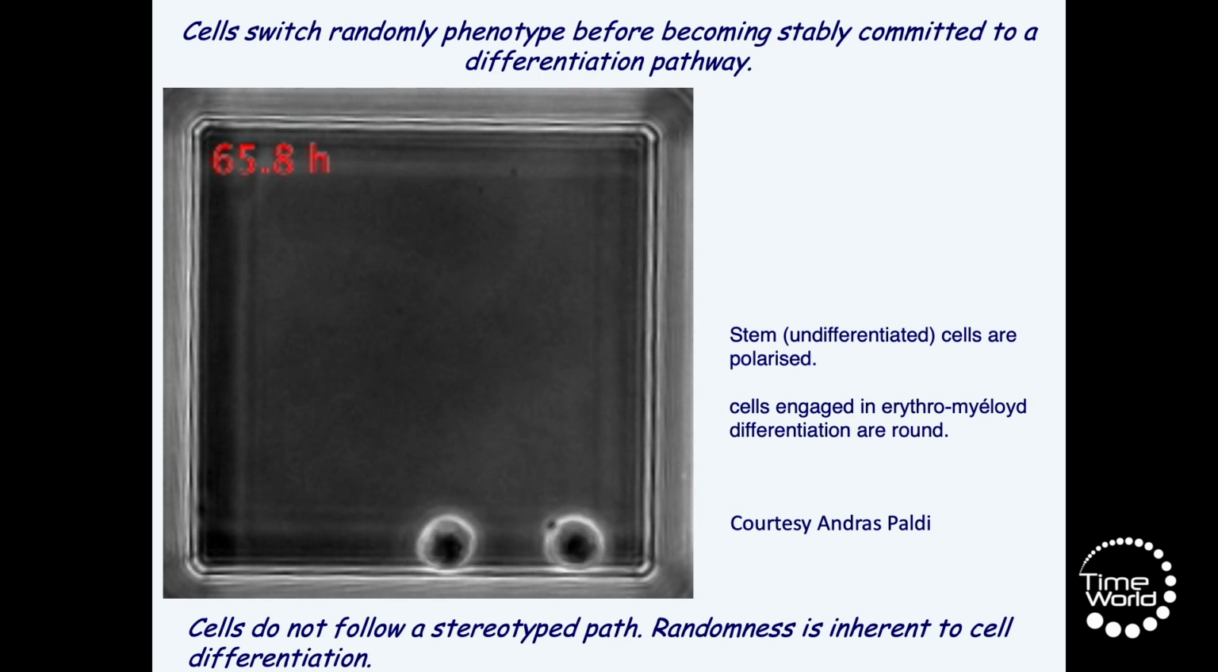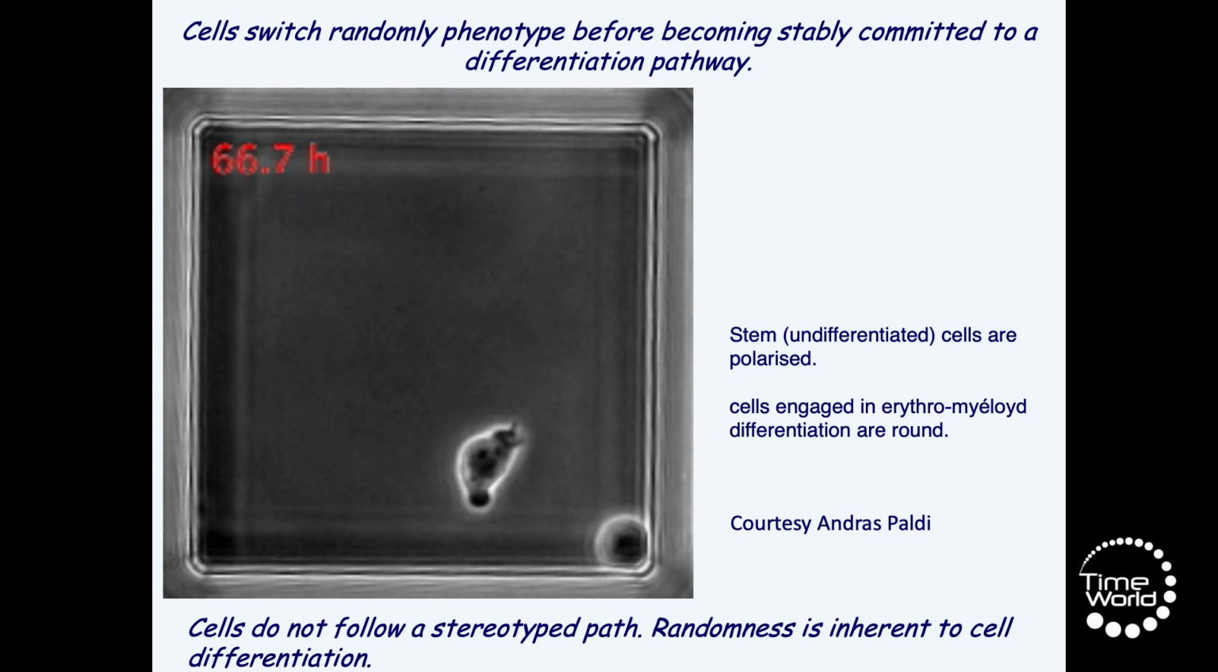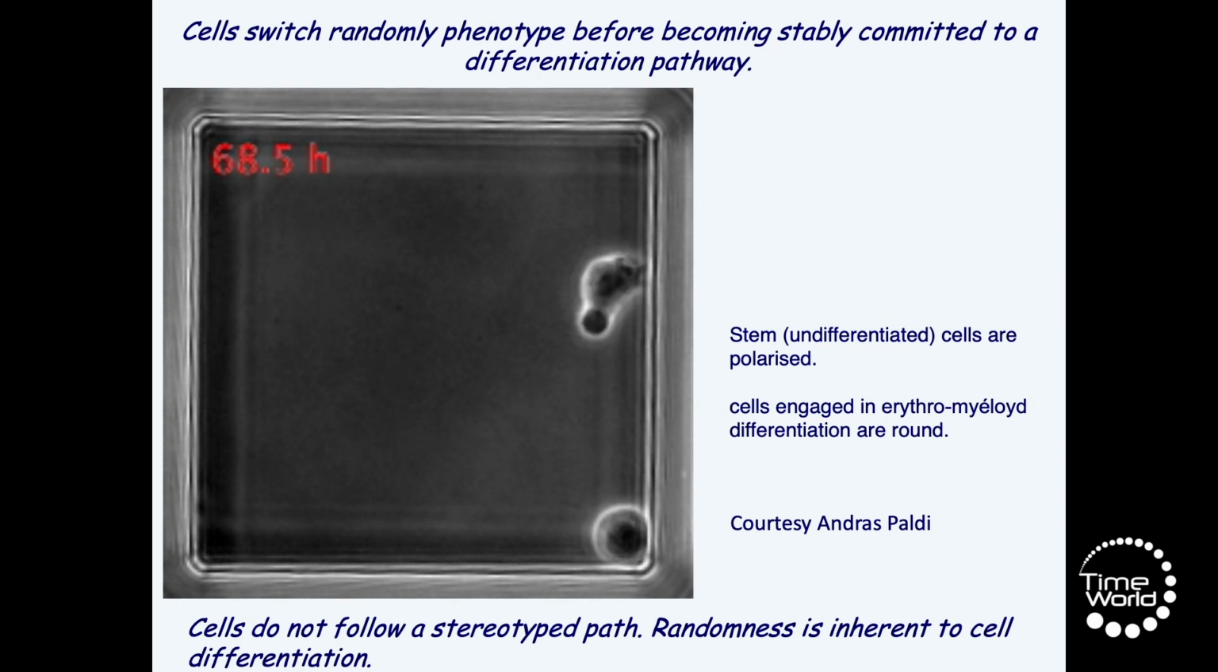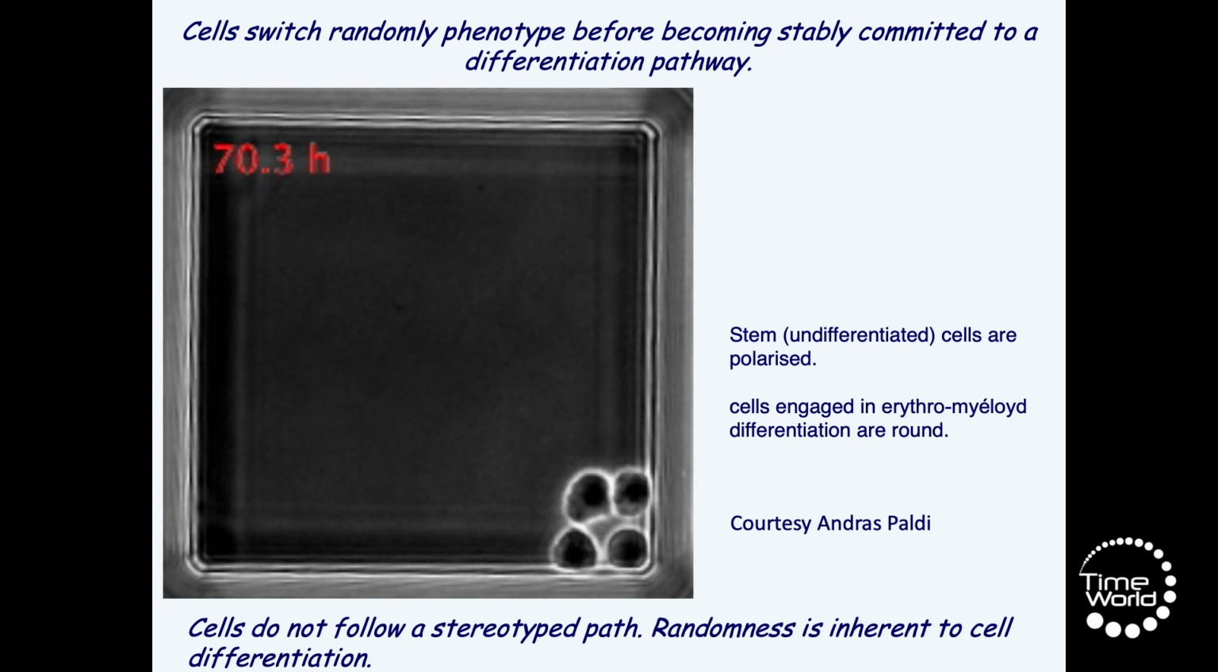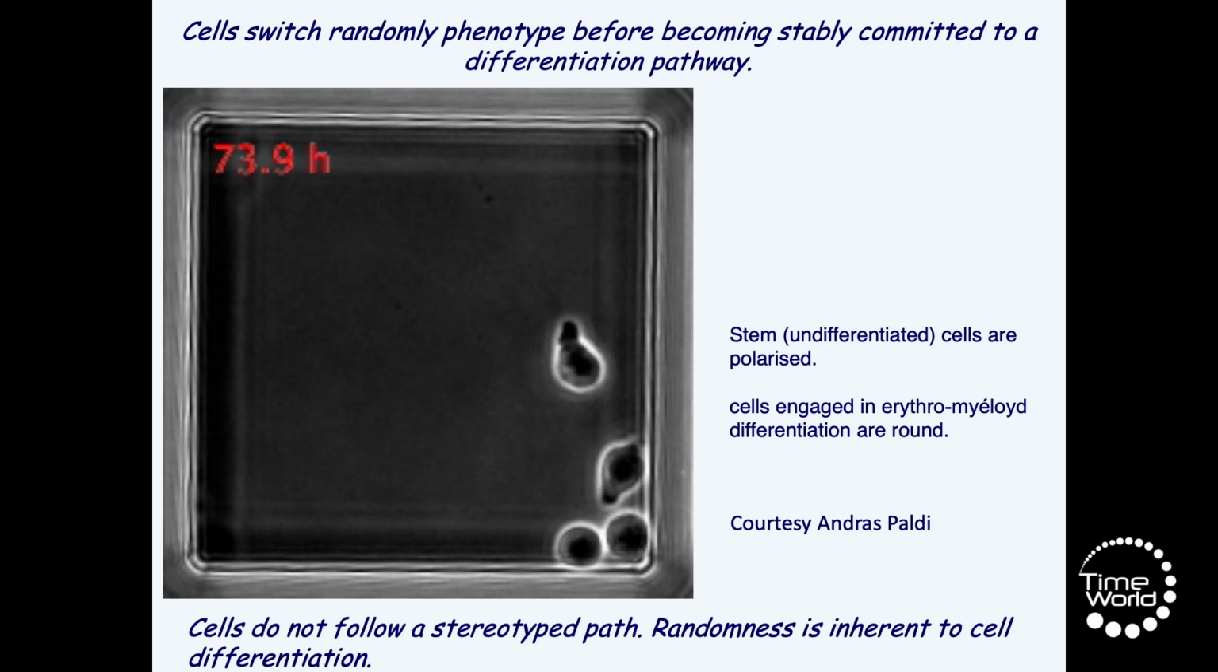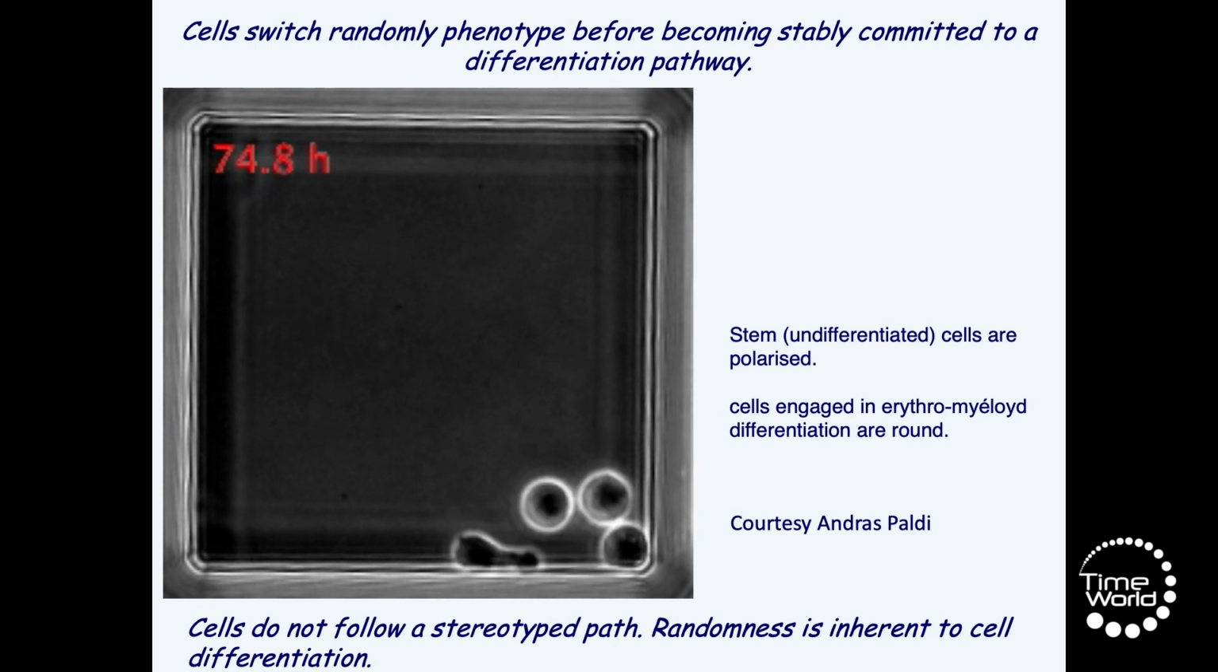So they switch back and forth between the two morphologies. At one stage, they will divide. Now one cell has divided. They are all round. And now they are round, and they switch back. One has switched back to the undifferentiated type. After several cell cycles, a fraction of these cells will become